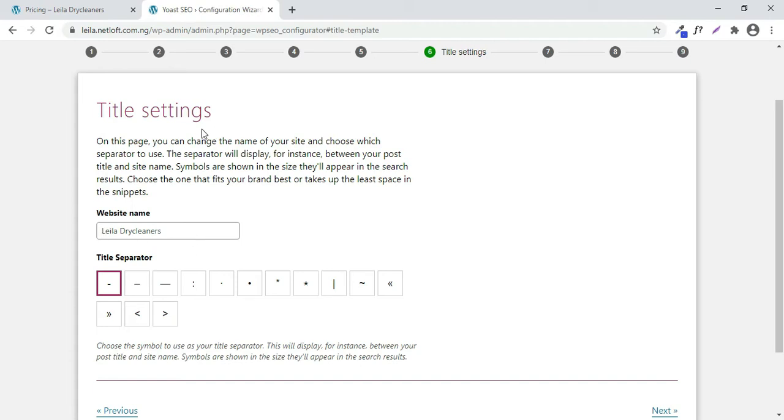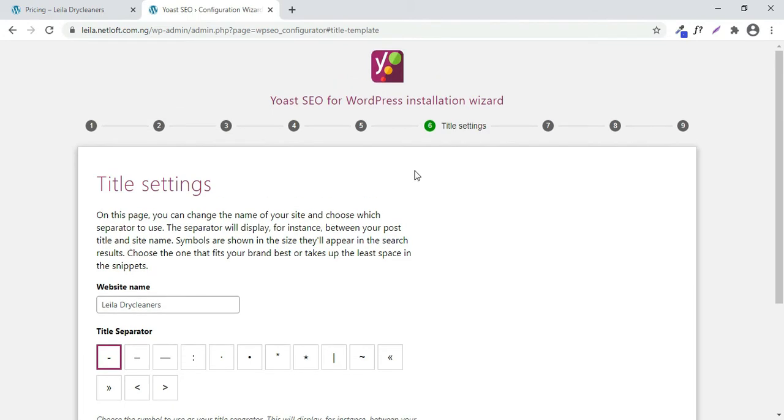Now, when Yoast is performing search engine optimization, take a look at the top here. You notice that we have Yoast SEO, that's the name of the website, and then we have the name of the page, configuration wizard. If you look, you see this angle icon here. That is the separator. When Yoast is creating your page titles for you automatically, it is asking you what type of separator you would like.